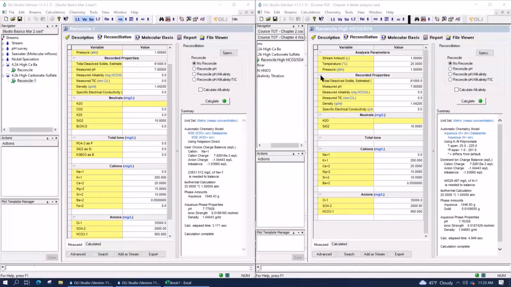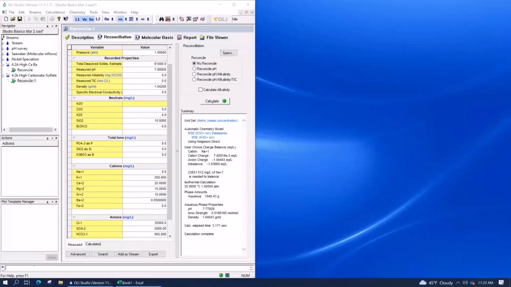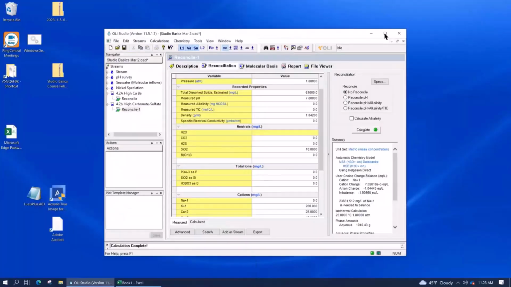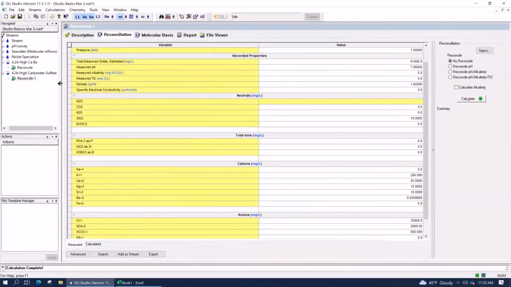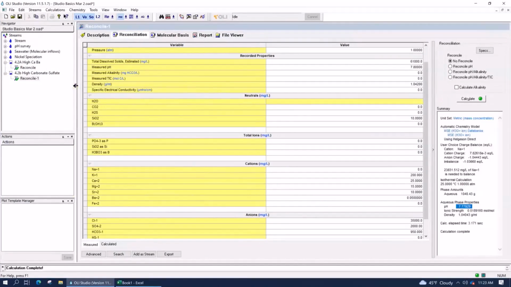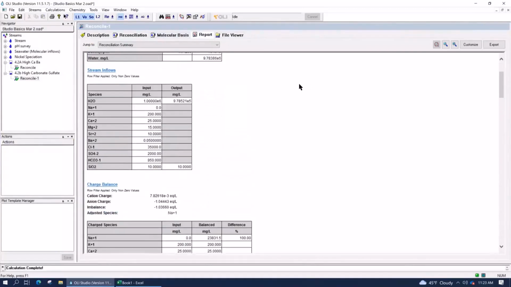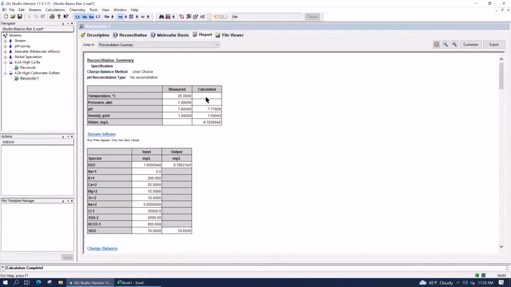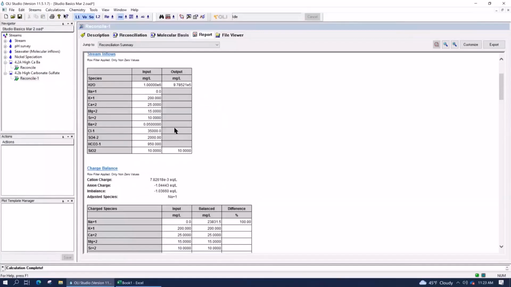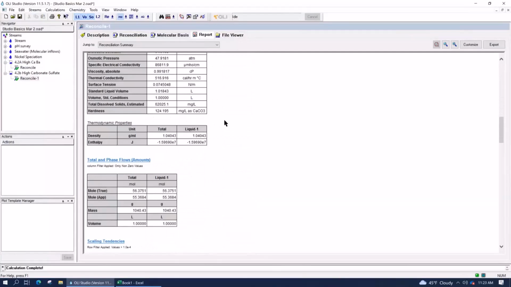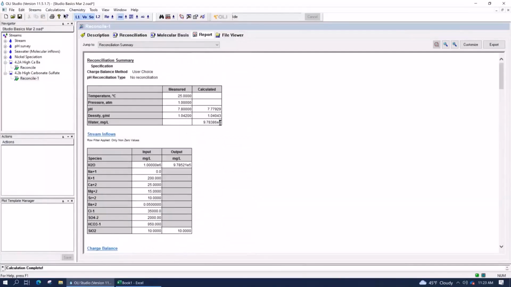Okay, all right, good. We're going to get started again. So what we're going to do now is take these two waters. We really haven't spent any time studying the results of this, and we're really not going to, because it's nothing special. But if you wanted to, you could always go to the report. In the report, for any of these water analyses, you'll see tables that describe what you entered, what was modified, and then what the final properties are. Maybe I'll spend 30 seconds describing it.